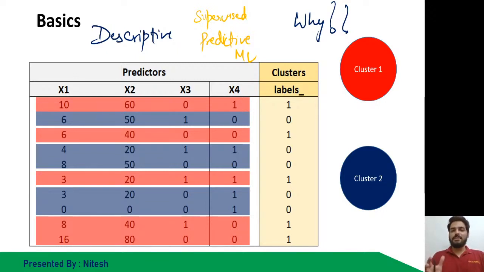Now moving further, here I have taken only two labels. As a user, I have told it that I would like to segregate the entire data set into only two labels. But the machine later on will tell me which is the optimum number of clusters. Later the model can analyze and tell us the best number of clusters if you want to separate the data set. But that is the next thing. Let's understand here what happened.